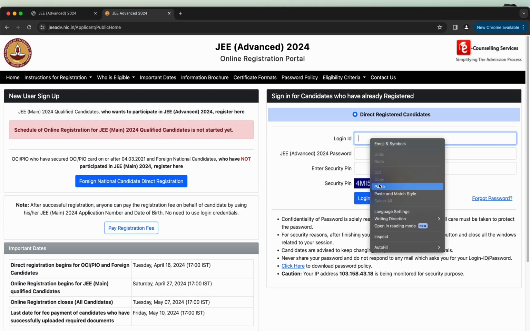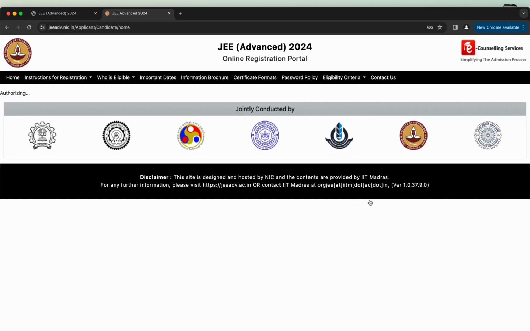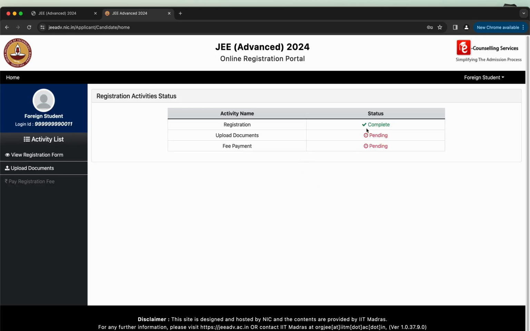After successful registration, enter your login ID, password and security PIN under the Direct Registered Candidates and click the Login button. The system will take you to the Registration Activities Status screen.